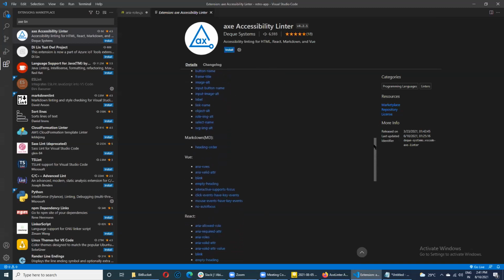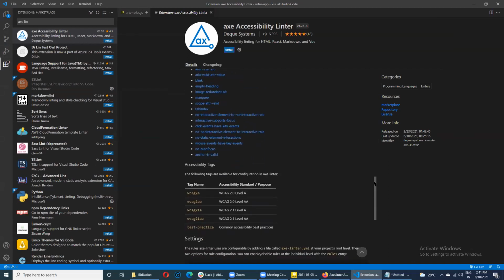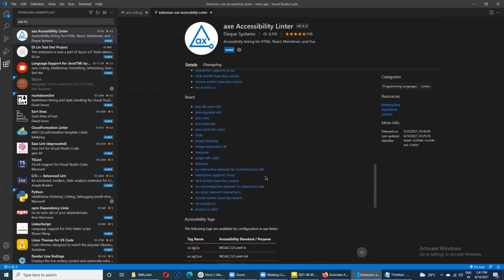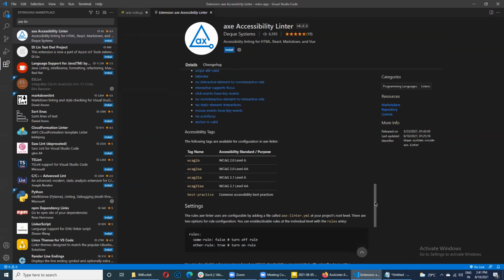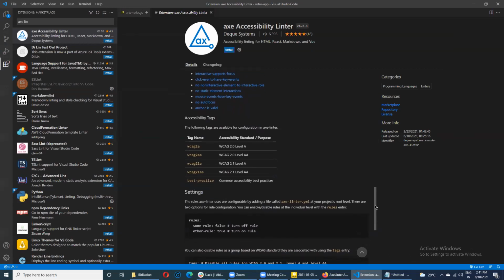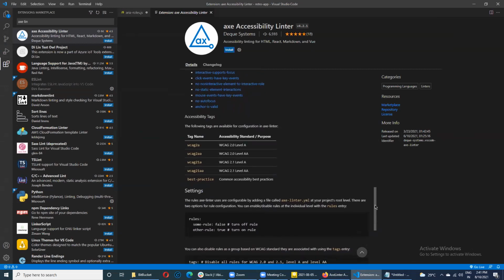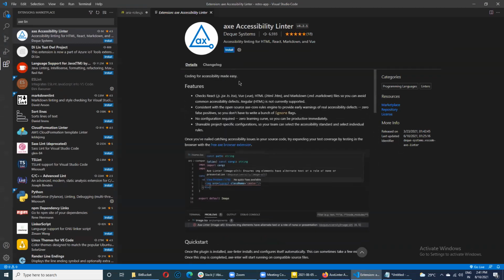And you can see what is supported for each of these languages, or if I'm using frameworks like Vue or React. You can actually see what is supported and what is not supported here. So in case you have any questions about that, please look at this particular page and you'll get a very good view of what Axe Linter can do. Okay, so now let me install this.